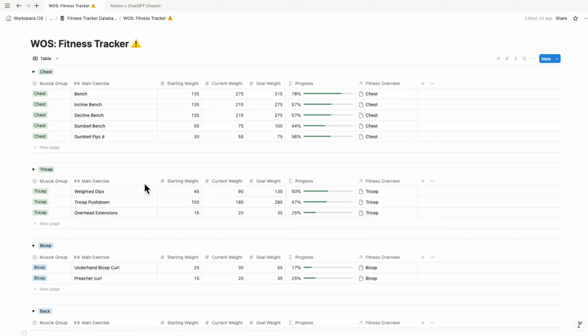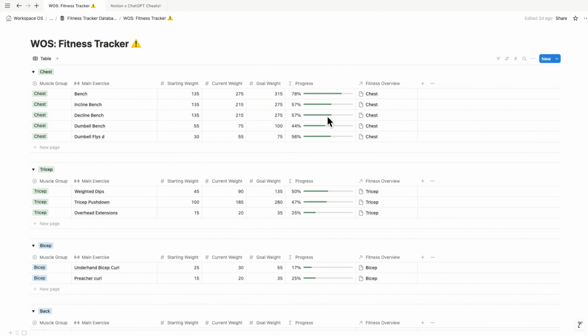What you're first going to want to do is find the muscle group that you're targeting and input the exercises that you want to track. From that point, you can make your way over to the starting weight and decide if this is going to be today's weight or the weight that you originally started with when you started working out. Then we move over to the current weight that you have for all your workouts, and then whatever your goal weight is. We can then see on the right a nice progress bar explaining exactly how far along we are